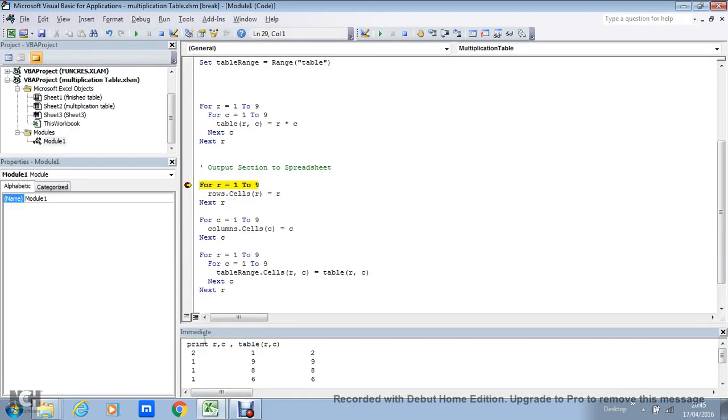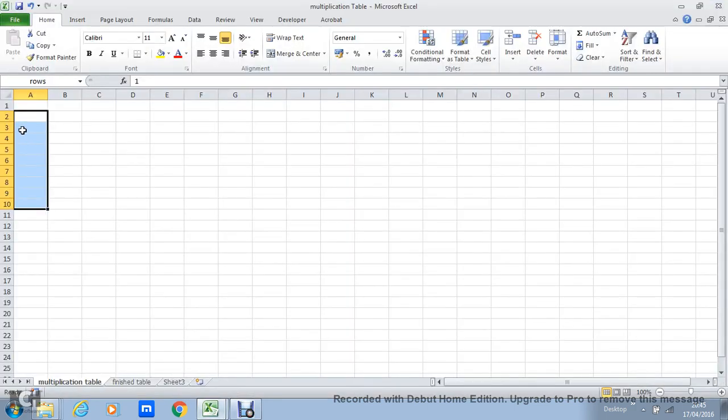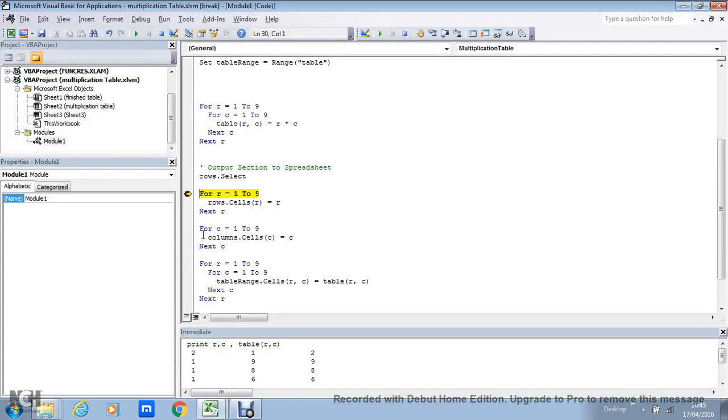So first thing it's going to write out are the rows. So remember where rows were. If I come up here and just select rows, select, hopefully I'll come up here without any problem, F8, yep. If I come to the spreadsheet, you can see it's selecting this one here. And what this little loop is going to do is fill this up with the values 1 to 9. So if we look at it here,